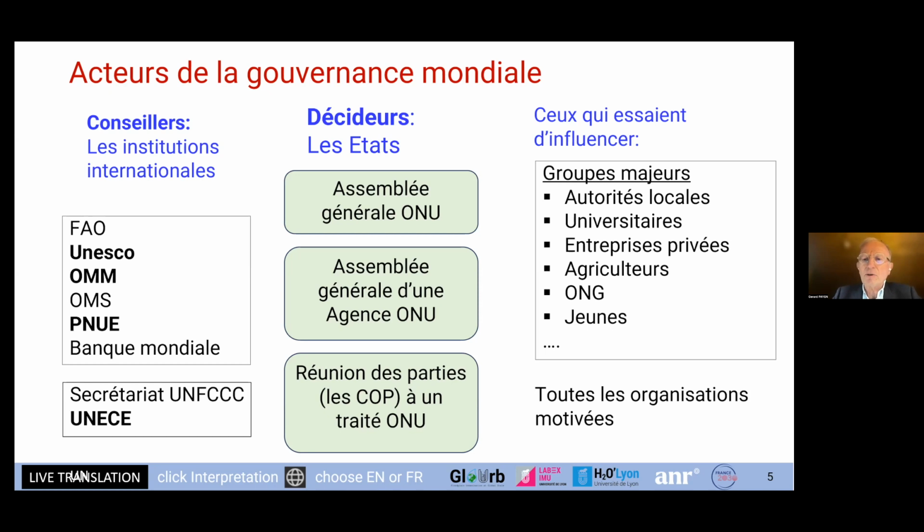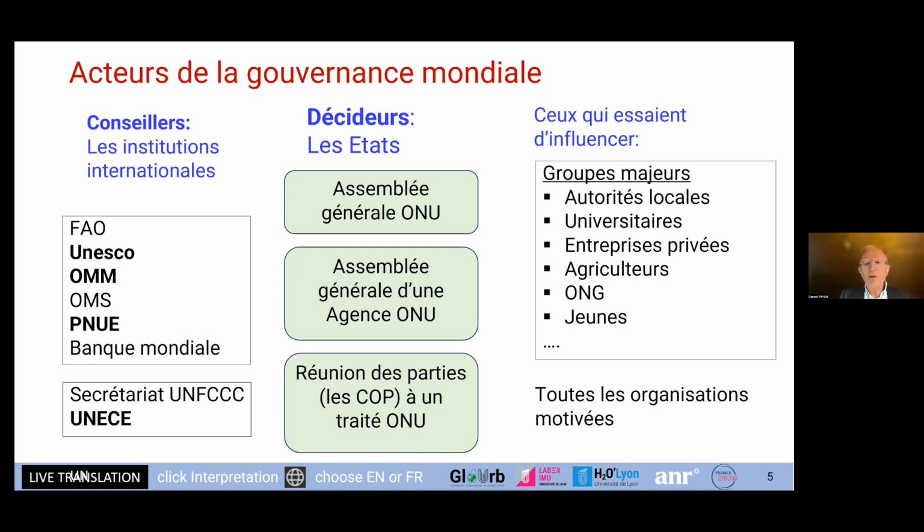There are local authorities, there are academics, there are private companies, there are farmers, there are NGOs, young people, women. There are different categories. Some belong to several, but each structure has a spokesperson who talks to states in an official capacity. All of the organizations who want to influence decisions try and find the means of doing this by interacting directly with the states, by interacting with major groups who take over their message, or by interacting with the agencies of the United Nations. So that's how it works.